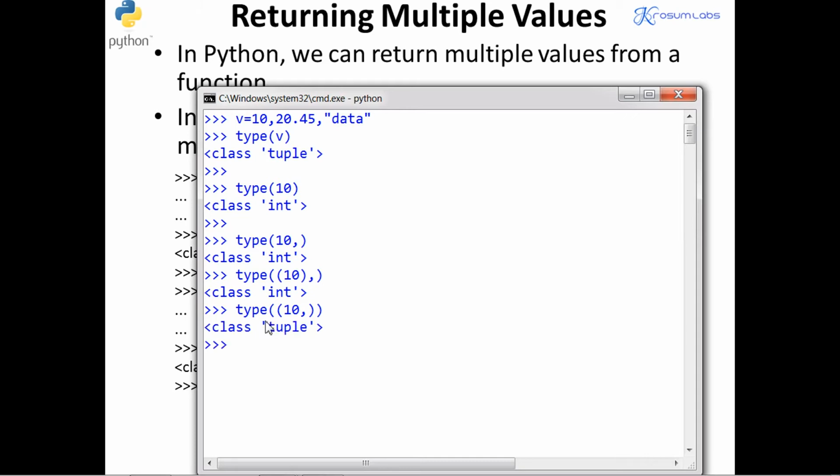Now see the tuple. Only one single data with parentheses is called individual data only. If you put a comma and extend to more than one, then automatically the type converts to tuple type data. So more than one return will also be a tuple, more than one initialization will also be a tuple, and variable length arguments too.